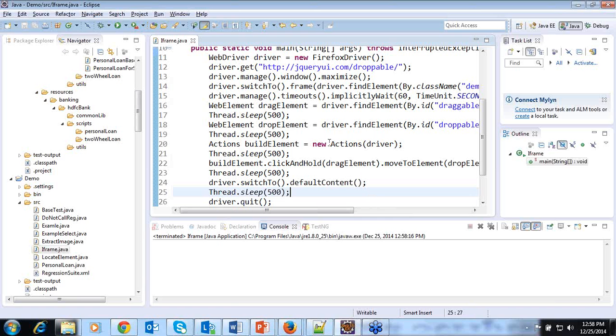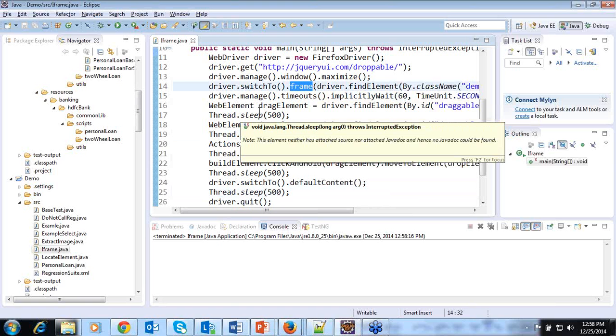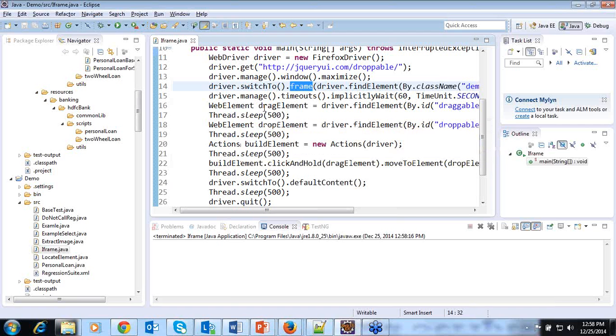Okay, so this is how we can use the frame method whenever objects are present inside a frame, and we can also use the Actions class to do interactions such as moving an element from one place to another place. There are also some applications where there will be links.